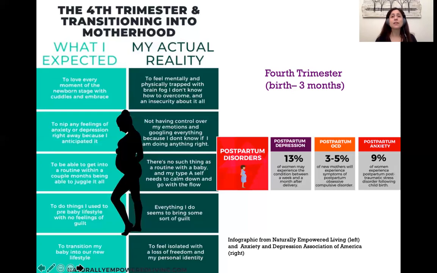Physically, a mother may be dealing with tearing caused by vaginal birth, with surgical incision healing after a cesarean delivery, with pain and discomfort in the abdomen in either case, and potentially with hemorrhoids, which are fairly common. Even in a childbirth with 0 complications, a mother will still be dealing with postpartum bleeding for several weeks, right? And so that's just the physical.